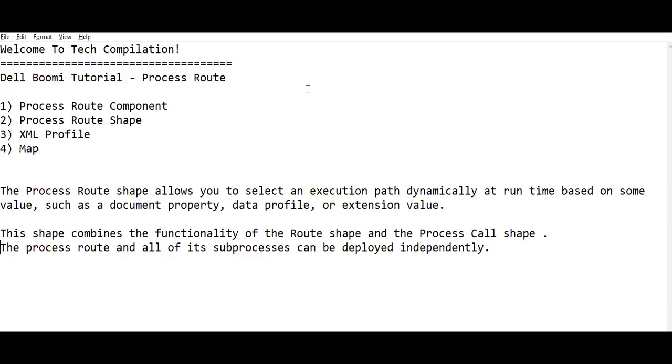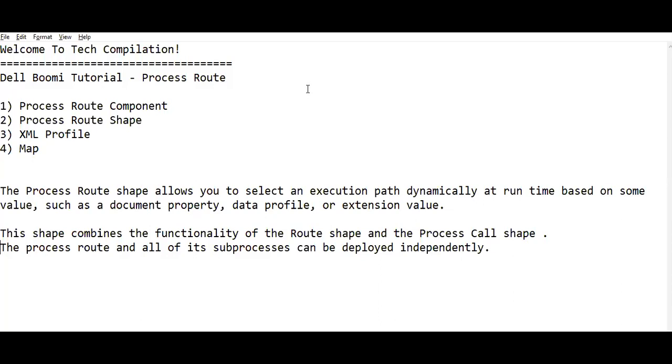Now the question is, what is the process route shape and how does it work? We have already seen the route shape in Dell Boomi, as well as the process call step. These are two different techniques to route documents from one transition to another, and to invoke a sub process.